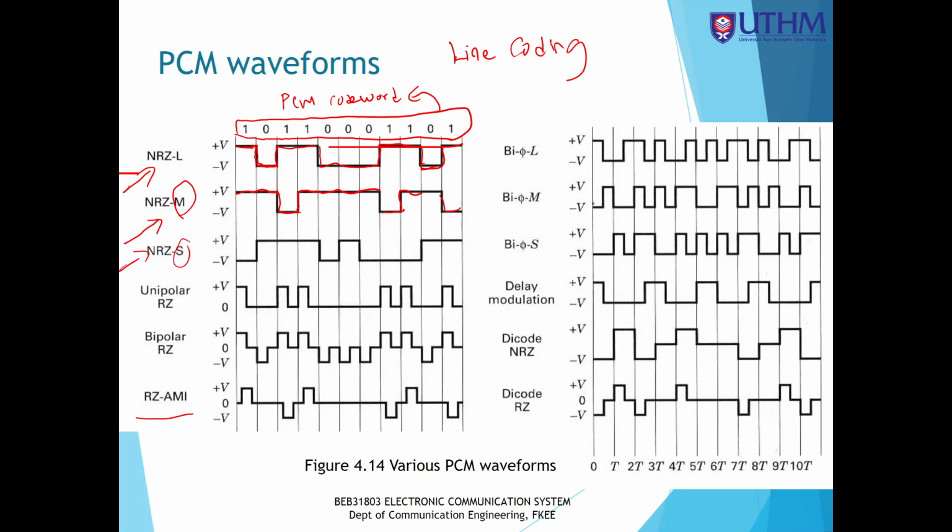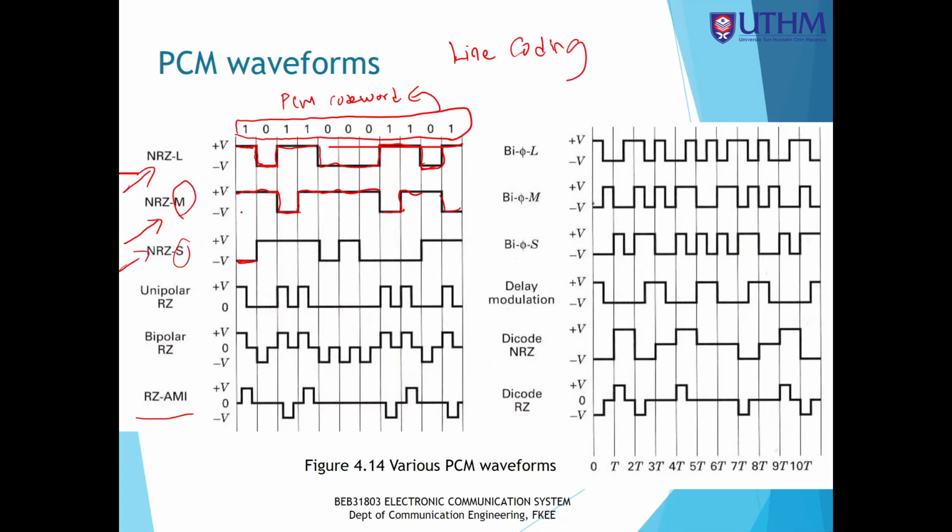inverse of the NRZM. So in NRZS, it will alternate the polarity of the output when the input is logic 0. So dia terbalik. Tadi logic 1 baru dia tukar polarity. Now logic 0 will change the output polarity. Okay. So you see here that